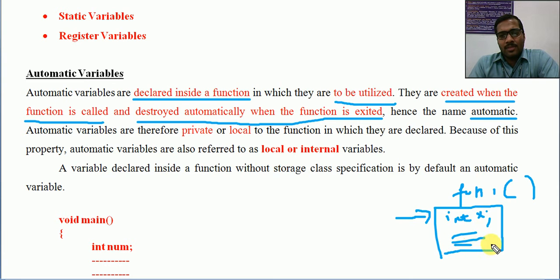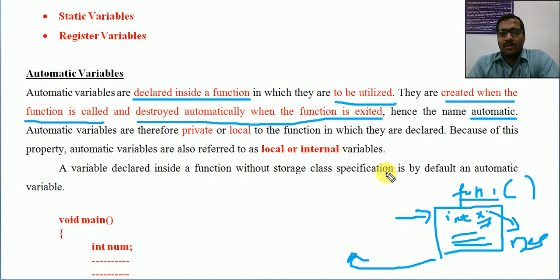Then it can utilize this variable until the end of that function. When it exits from that function, this x will be destroyed. Whenever we call fun1, x will be created, and whenever we return, the memory allocated for x will be destroyed.